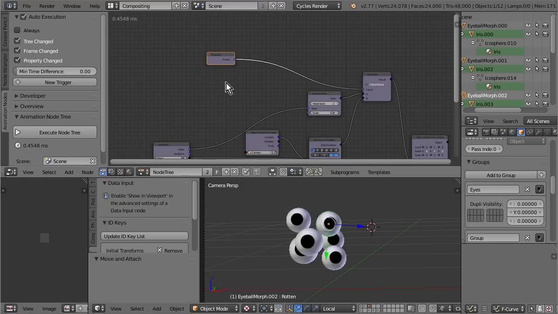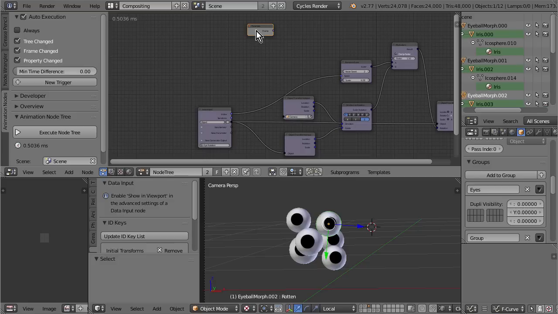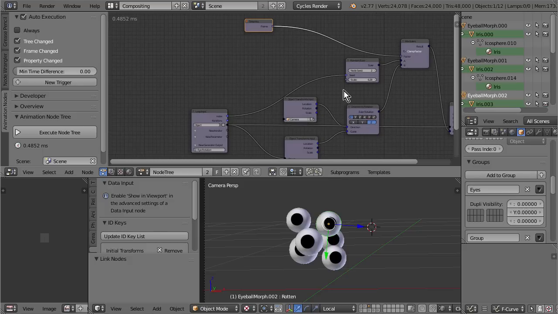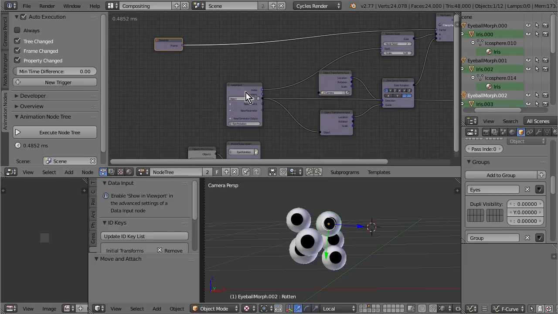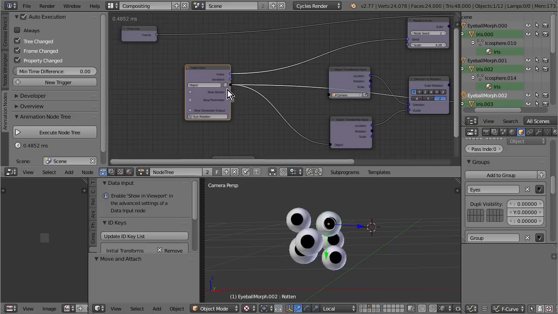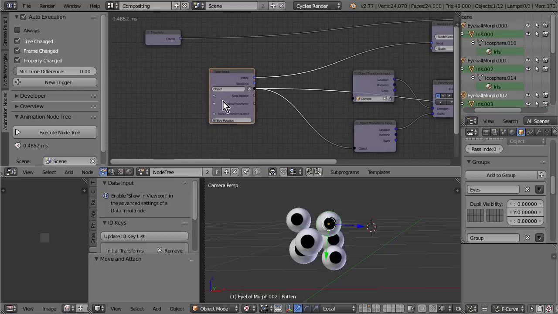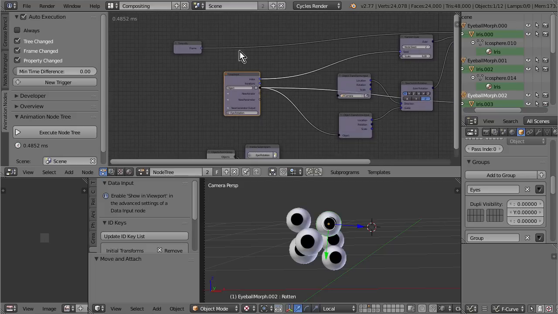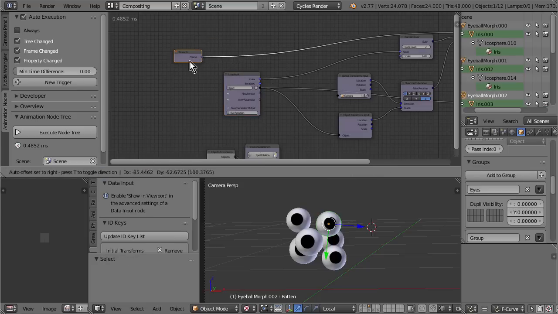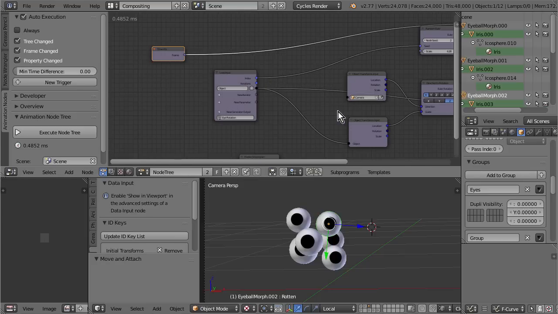So we can now see that by connecting it this way, it also turned purple. If I disconnect it, it turns gray again. And that means that right now the frame is going to be, let's say, asked. The frame node is called each time the loop gets executed. And that means 6 times per frame we check what time the frame is. And that's not too clever. It doesn't really matter in our case because checking for a float 6 times, that's nothing. But it can get more complex, and also you might need the frame node for more stuff, and then you need to call it very often.